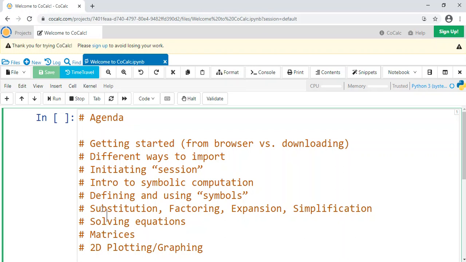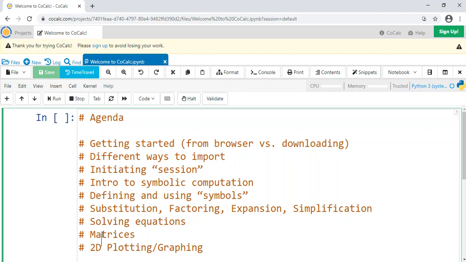And then we'll talk about some different things that you can do with these symbolic expressions, including substitution, factoring, expansion, and simplification of expressions. And then we'll show you how to represent an equation in SymPy and how to solve that equation.